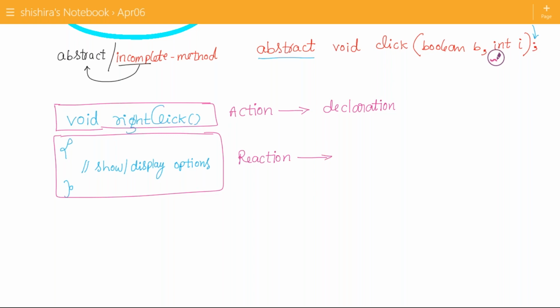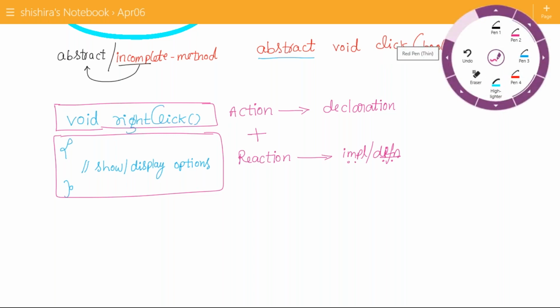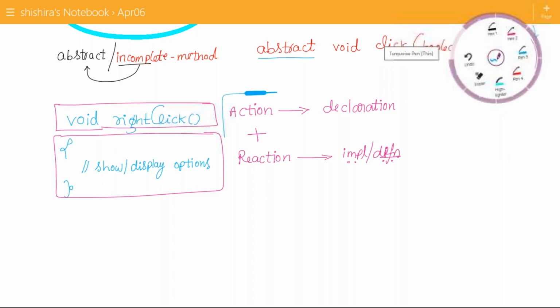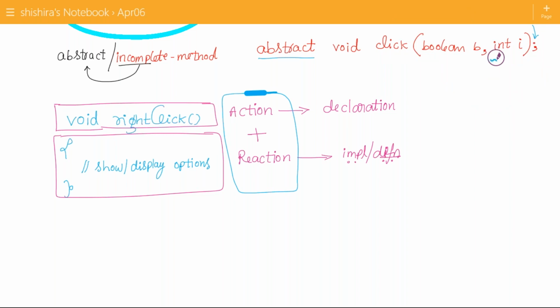This reaction is technically called method implementation or definition. So action plus reaction, this combination of action plus reaction, is called a